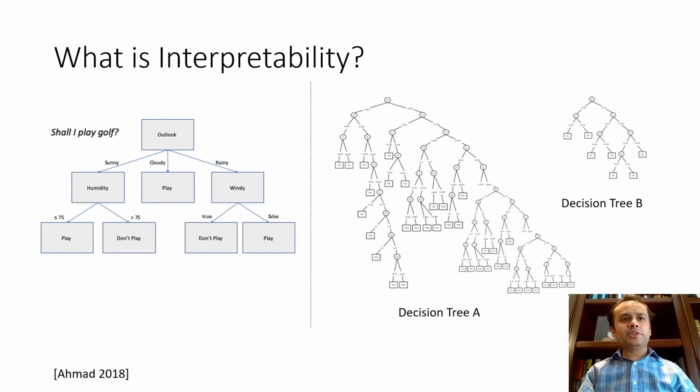An additional nuance to think about is what is known as simultaneity. Consider the model on the left, which is a decision tree model of making the following decision: whether one should play golf or not. One looks at weather conditions, amount of humidity, wind, and so on and so forth. One could say that that is an interpretable model, easily understandable. Versus if we consider the two decision trees on the right, now suppose it was the same decision whether to play golf or not. But decision tree A, because it's very complex, is interpretable, and yet it's less interpretable as compared to decision tree B.